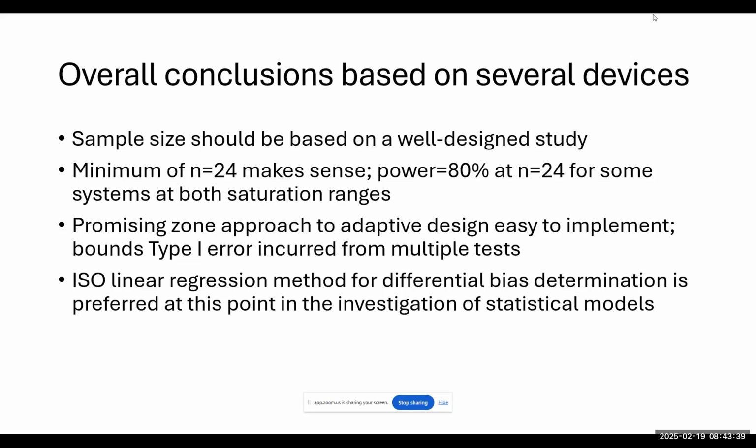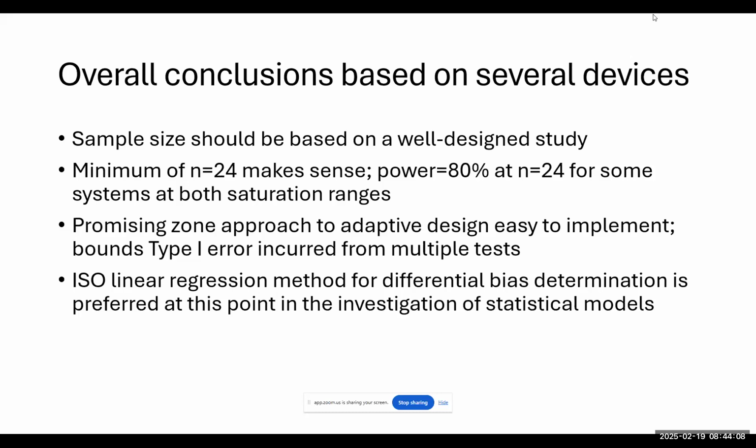So the one thing we really wanted to highlight was that the sample size for the hypoxia clinical verification of accuracy should be based on a well-designed study. And I believe that's always been a part of the ISO standard, that you shall statistically justify your number of subjects and your study design. I think we can agree that a minimum of 24, again, that is what is being proposed as standardized within ISO